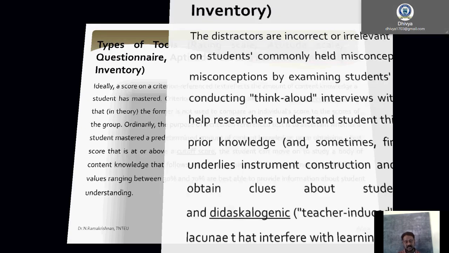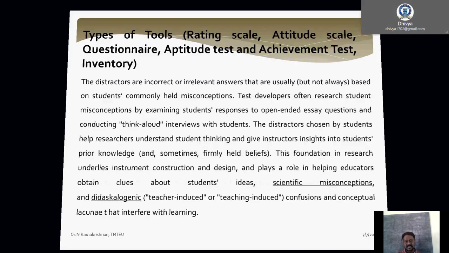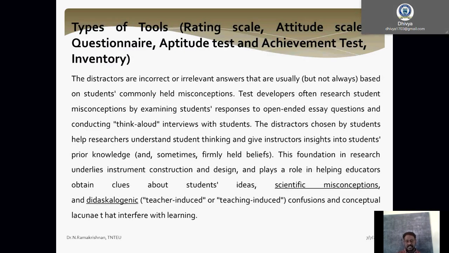The distractors, or incorrect or irrelevant answers, are usually based on students' commonly held misconceptions. Test developers often research students' misconceptions by examining students' responses to open-ended essay questions and conducting think-aloud interviews with students. The distractors chosen by students help researchers understand student thinking and give instructors insights into students' prior knowledge. This foundation in research underlies instrument construction and design and plays a role in helping educators obtain clues about